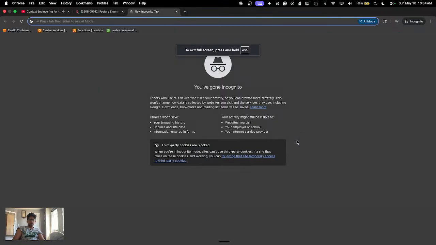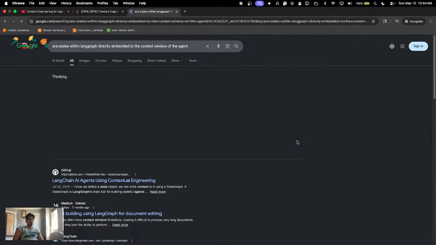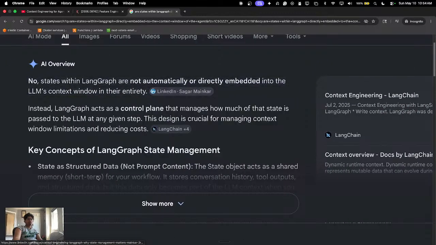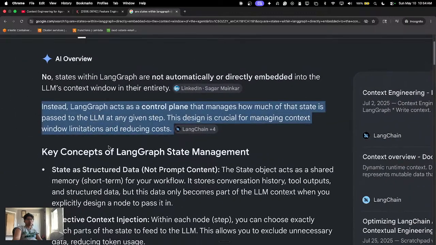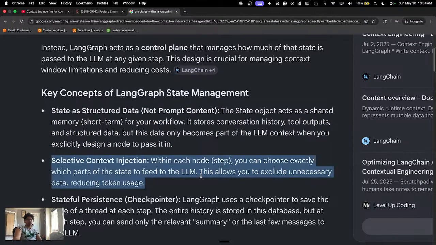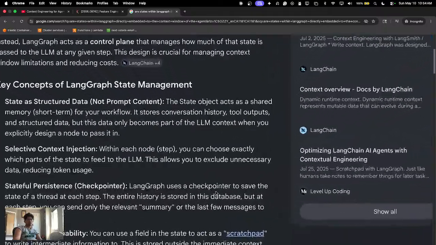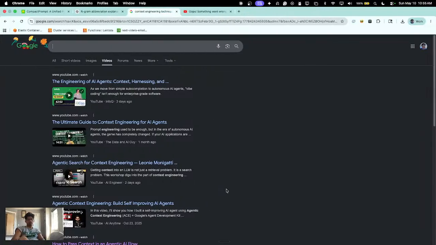Hold on, before we move forward, I actually want to see something. Okay, perfect. So if I look in my code right now,